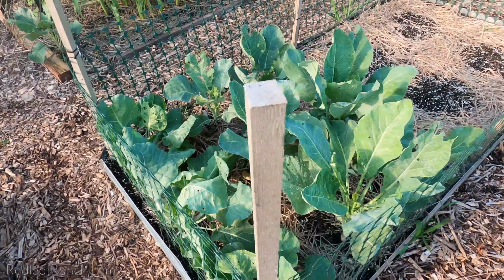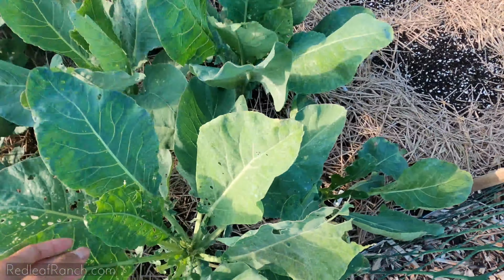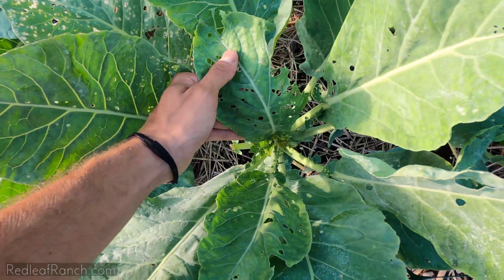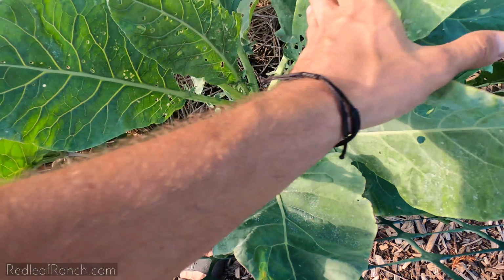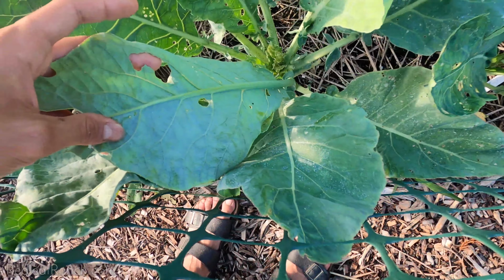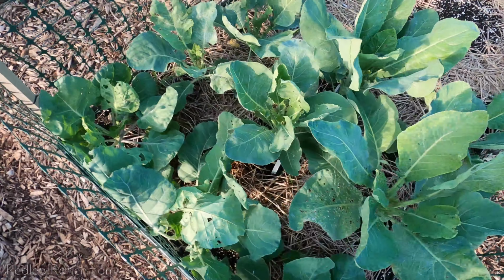Oh, our babies. The baby Brussels that aren't so baby anymore, but holding them very dear. They've been really getting cabbage wormed. Just chewed up. Oh, goodness. Really spraying them off has helped though. Spraying the eggs off to make sure that they don't hatch in the actual plant has really been ensuring that more don't pop up. Some of them make it through, but